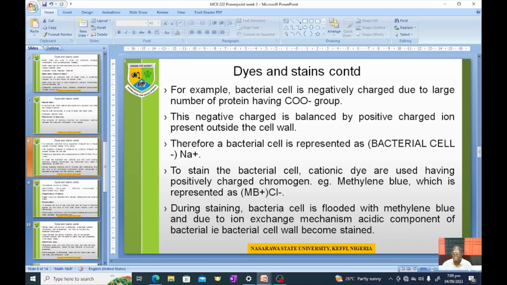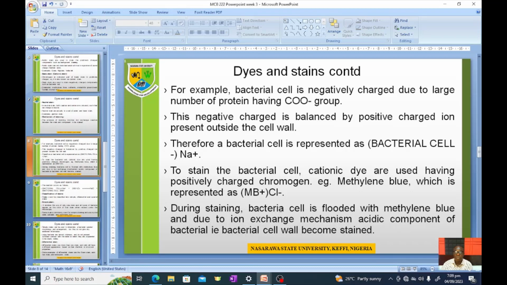For example, bacterial cell is negatively charged due to a large number of proteins having the COO negative group. This negative charge is balanced by positively charged ion present outside the cell wall. Therefore, a bacterial cell is represented, as put in the bracket, as bacterial cell, which is negative, and then the sodium, which is a positively charged